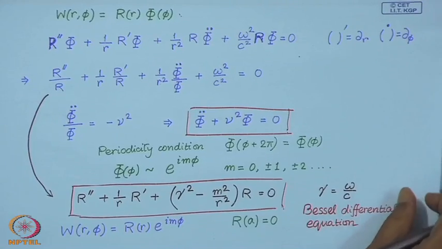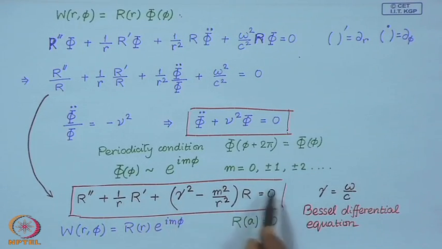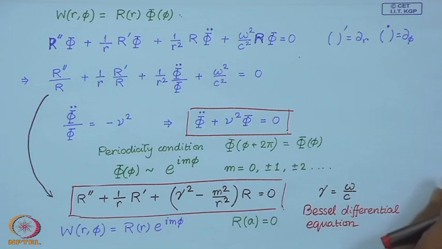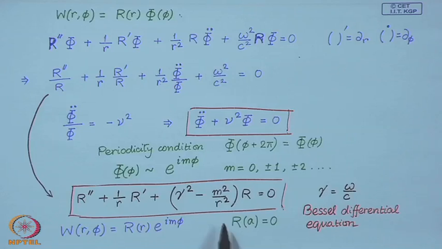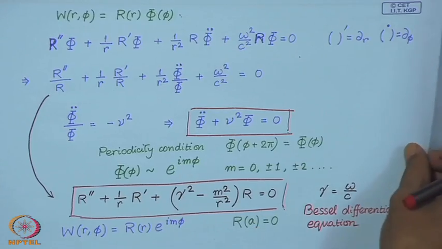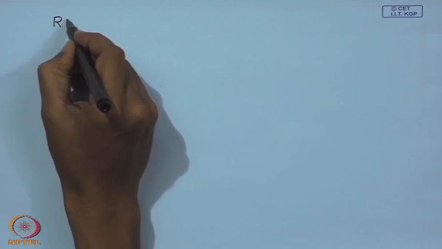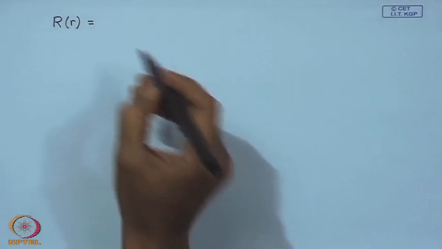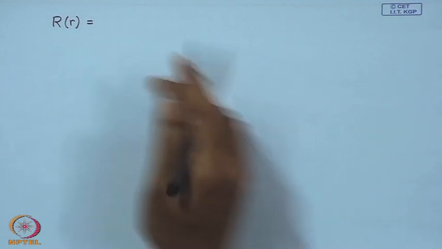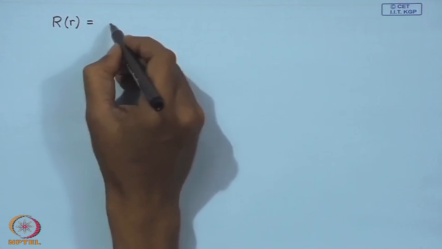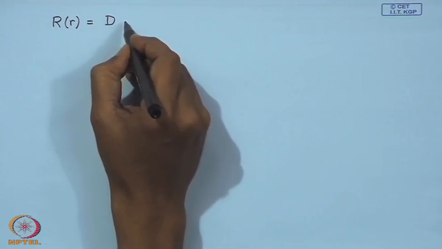So, we can draw an analogy from the hanging string, and you can understand why only this one boundary condition will suffice. The other condition comes from the finiteness of the solution. So, let us see what is the solution of the Bessel differential equation. This is a very standard differential equation in mathematics, and the solution can be written as some constant